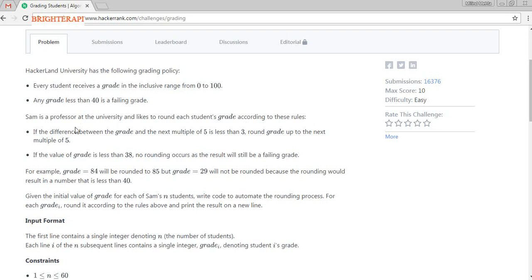If the difference between the grade and the next multiple of 5 is less than 3, then round the grade up to the next multiple of 5. If the value of the grade is less than 38, then no rounding occurs and it will remain a failing grade.